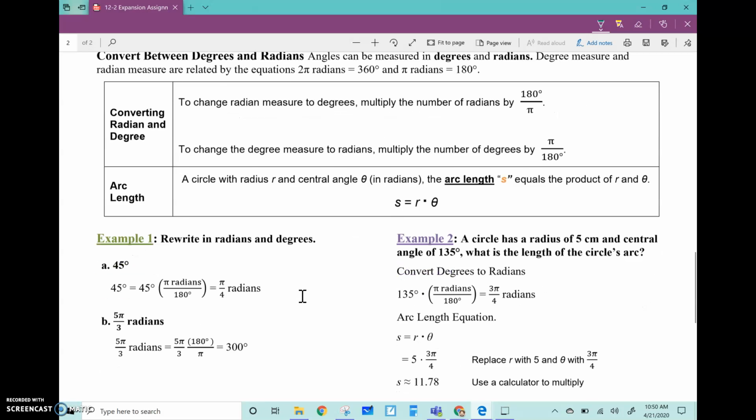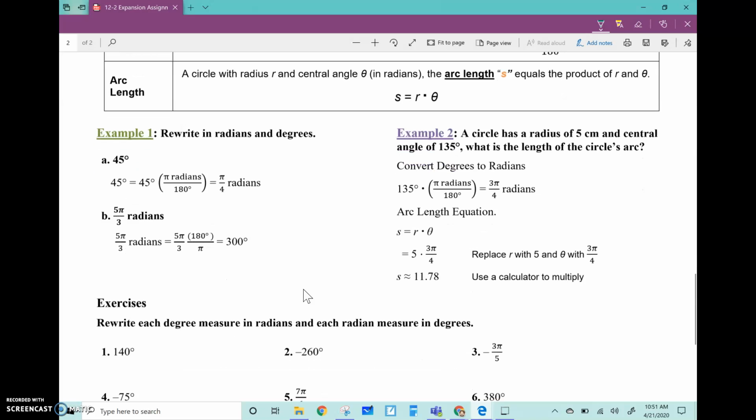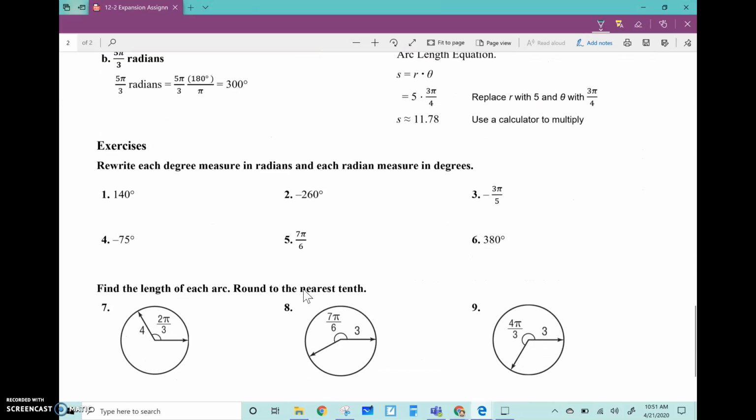There's a couple of examples here already provided on the expansion, but what I'm going to do is go ahead and go in here and work some of these out for you. All right, so I'm going to work out number 1, number 5, and number 7. Okay, all right, so